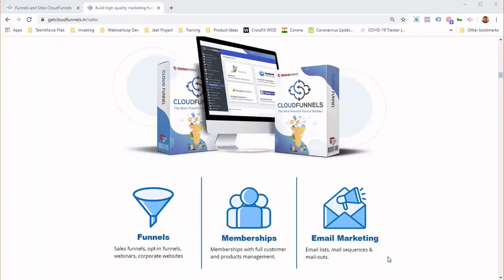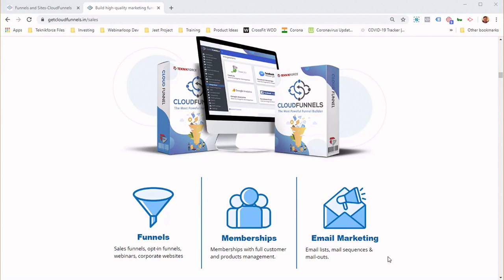And I've said it before, but I can't stress it enough. CloudFunnels is the only funnel builder system that you truly own. You can host it on any hosting, and you will never have to worry about your funnel systems going down. You can create an infinite number of funnels on one particular domain, and it allows you to scale up infinitely. It can work on hosting as cheap as $2 a month.